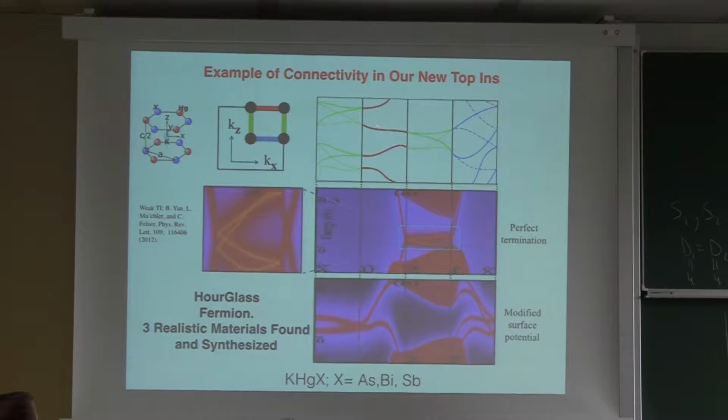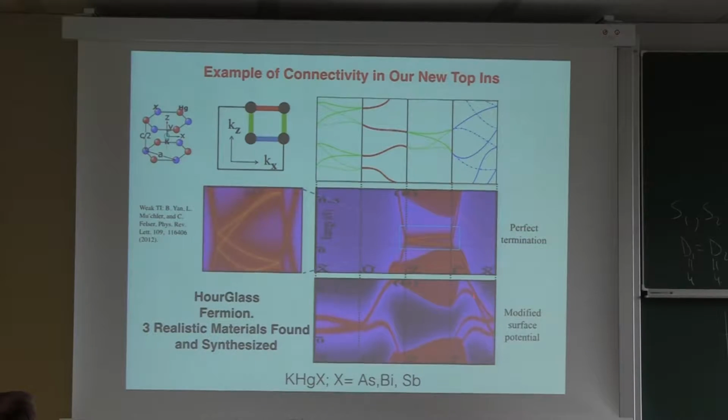But the point is, irrespective of what's happening here, this is a non-trivial insulator because you can see you cannot connect it within itself. You have to connect it up in the bulk. So this is the band structure of the surface, and somehow something has to get connected to the bulk. You can't just draw bands that remain connected only by using the surface. You have to use the bulk too.